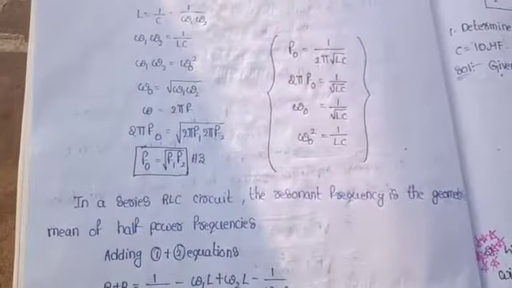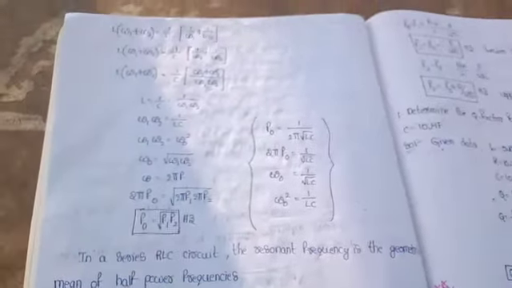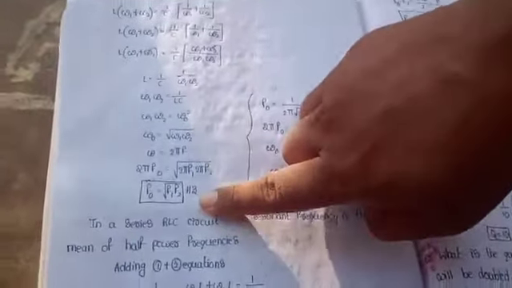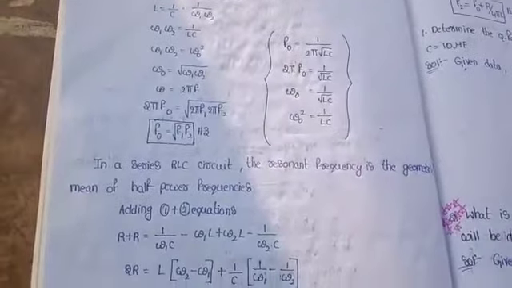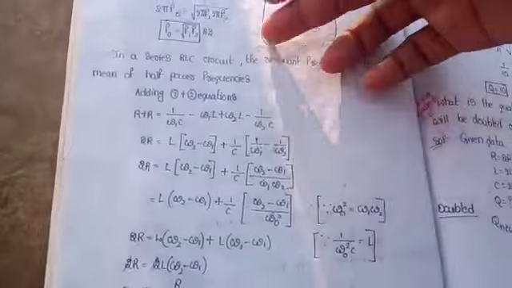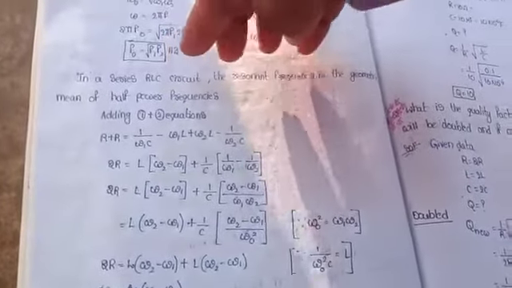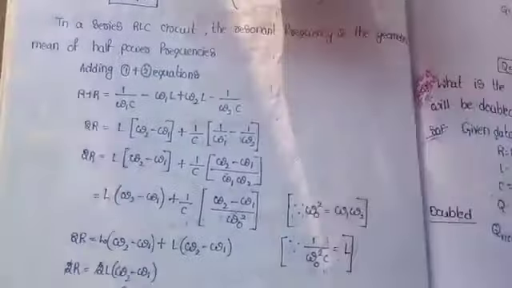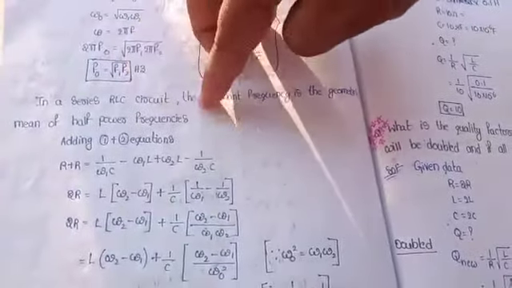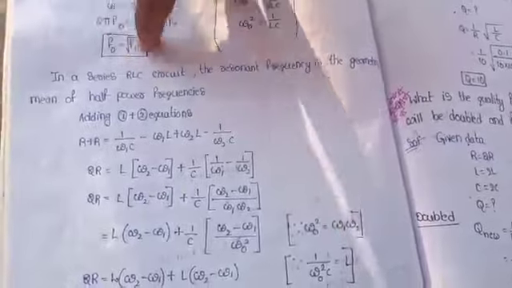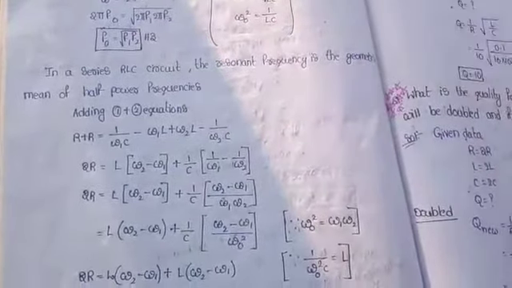They ask questions like this: derive the resonant frequency in terms of lower and higher cutoff frequency. That is what we have to derive in this part. Now we have to calculate the bandwidth, which we have not calculated till now. So the resonant frequency is the combination of lower and upper cutoff frequencies. In a series resonant circuit, the resonant frequency is the geometric mean of the two cutoff frequencies, otherwise the two half power frequencies.